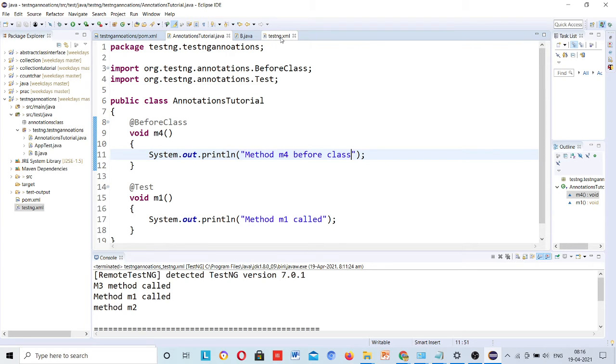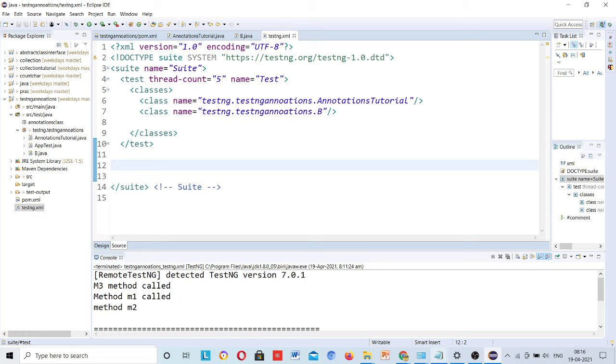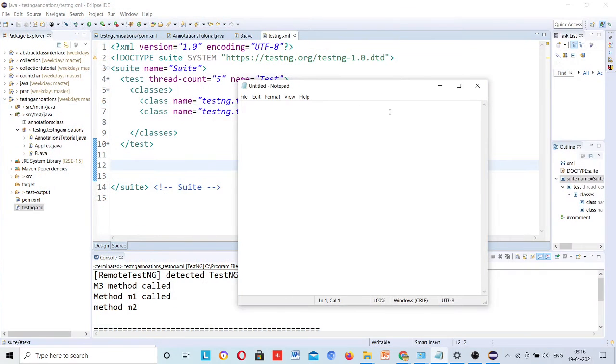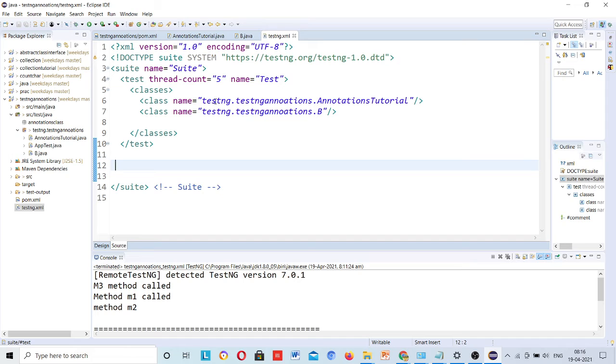But here, first of all, you are running your code from this file. You need to come to this file and check whether any before suite method is present, and then check throughout the project. But only these classes are added, so I will check in these two classes. Currently only these two classes are created. Tomorrow there may be hundreds of classes, but if only two are added, I will check only in these two classes. I hope that makes sense.